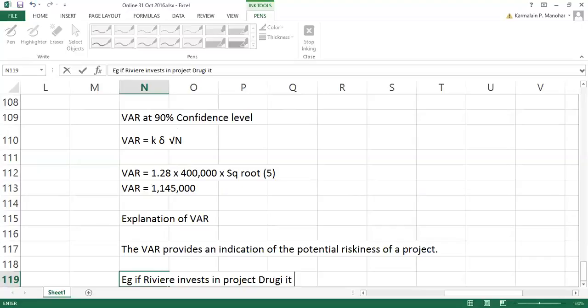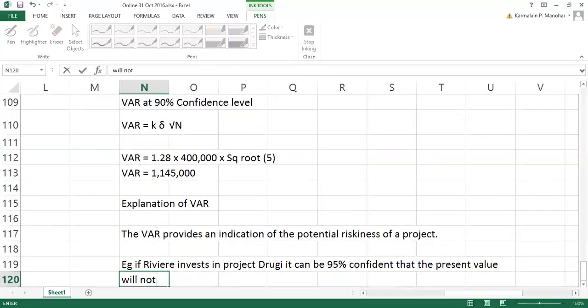It can be 95% confident, and that's why I call it confidence limit. They call it the confidence level. 95% confident that the present value will not